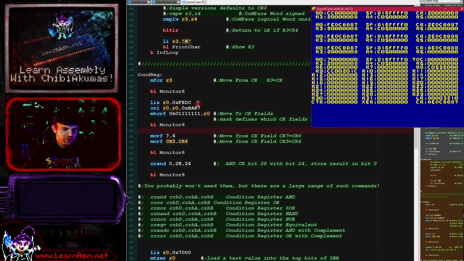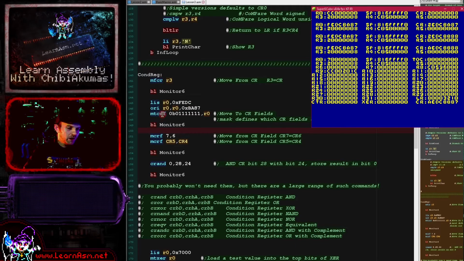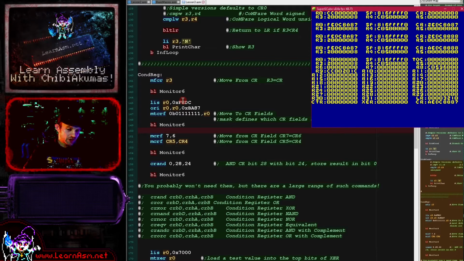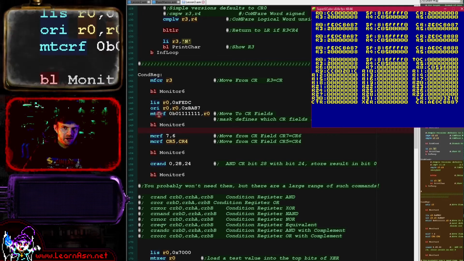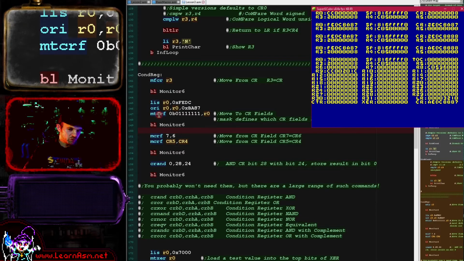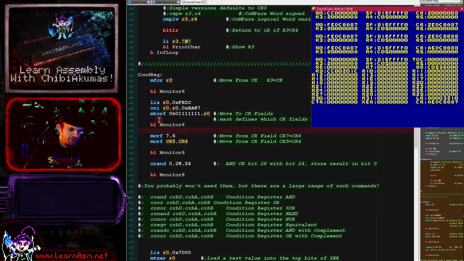Now, another thing you may want to do is move values back into the condition register. So we can back up the condition register with MFCR. We can restore, if you will, the condition register with MTCR. Although actually here we've loaded a test value into R0, and then we're going to transfer only some of that to the condition register. You see, MTCRF means move to condition register fields. There's actually no MTCR. We have to specify the fields we want to update. We back all of it up in one go here, but we restore it